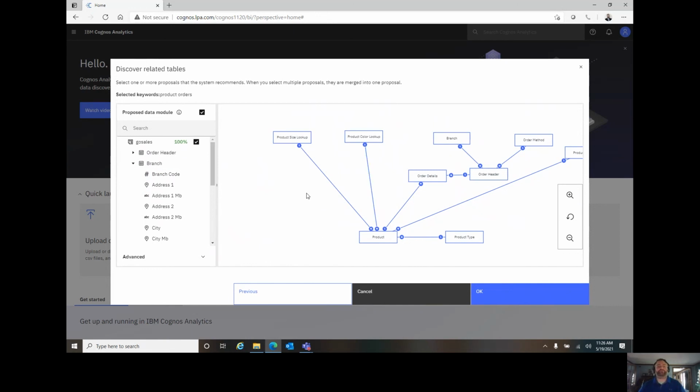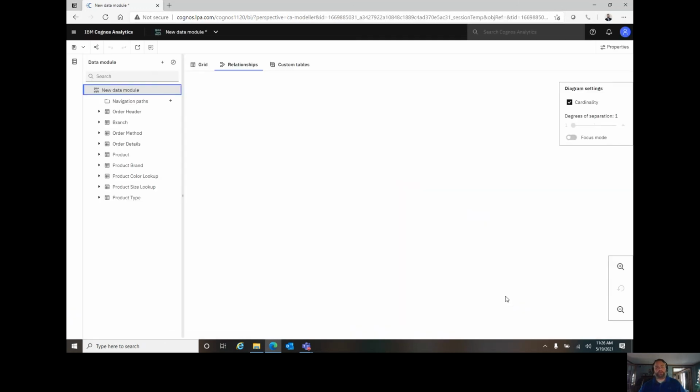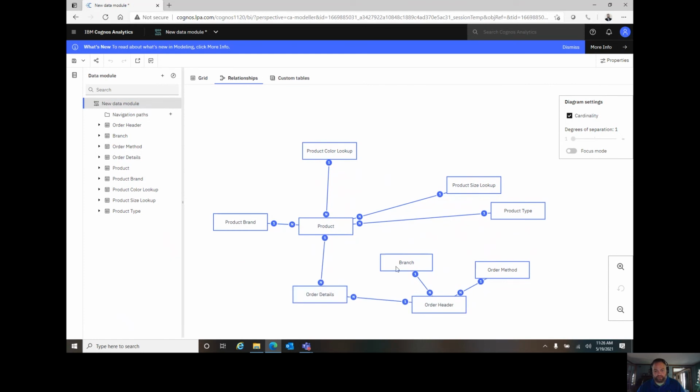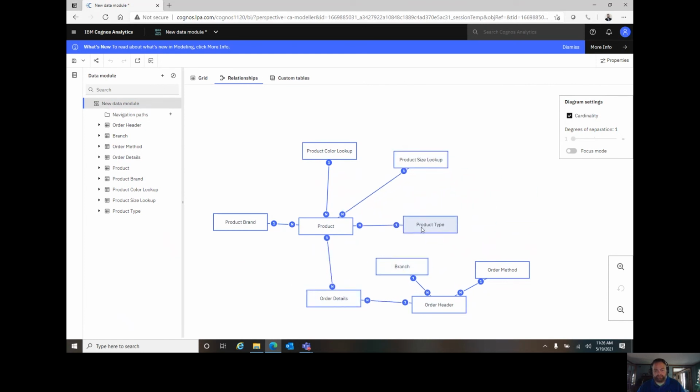And if I agree with Cognos that I'm 100% confident that this can give me order reporting, I'll go ahead and click OK. Into the data modules interface. That's why I said the reorganization was pointless. I do have to do it one more time here, but pretty quickly I can drag it around and make sense of this model. Go ahead and see that I've brought in, what's 9 tables